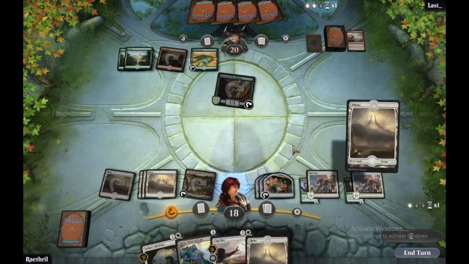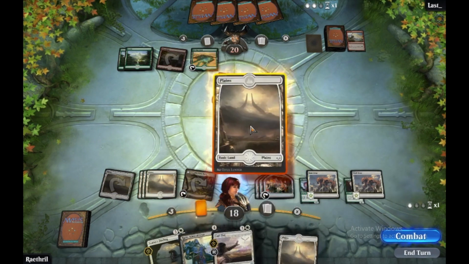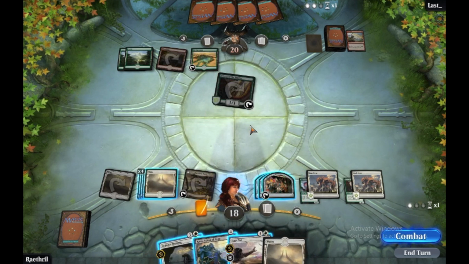Draw. Alright, another Plains. Not great, but it's okay. We'll drop that. So we have 4, 3, so we're almost close enough to be able to play both at the same time, but unfortunately not quite there just yet. So the question is, do we play Karn and then see what we pull, maybe another Seal Away, or do we Cast Out and just remove his...